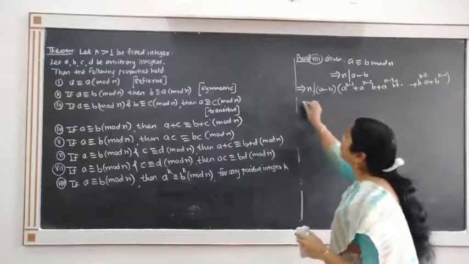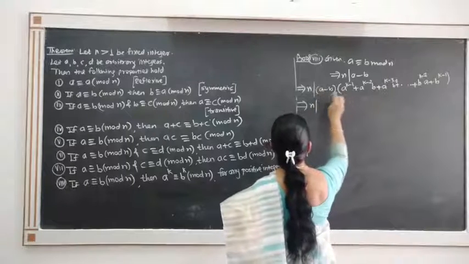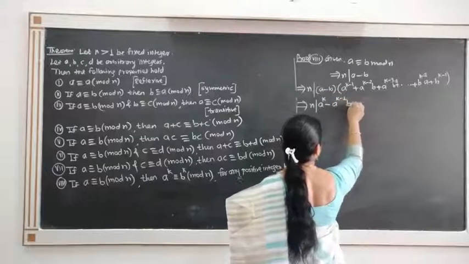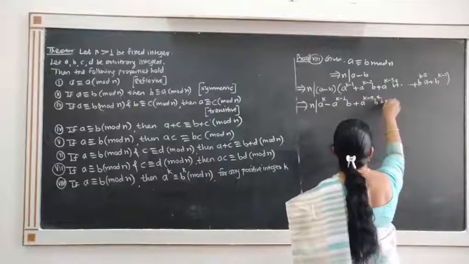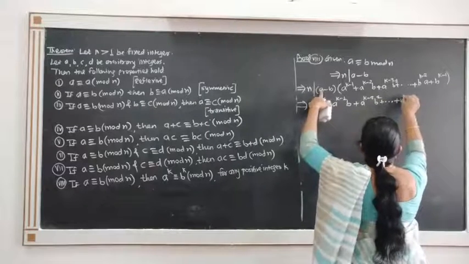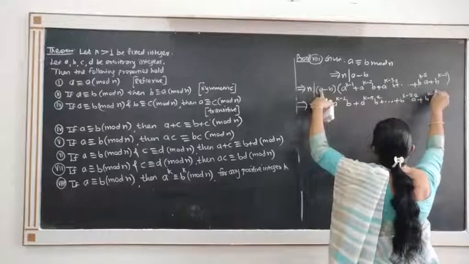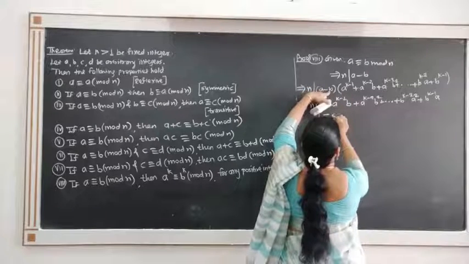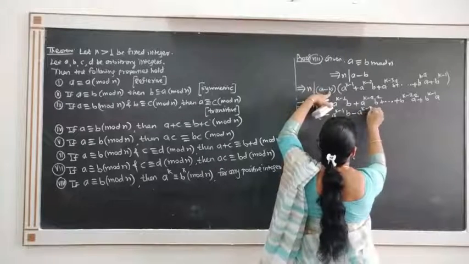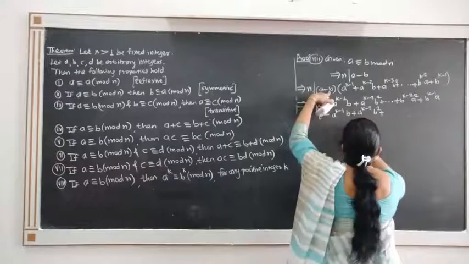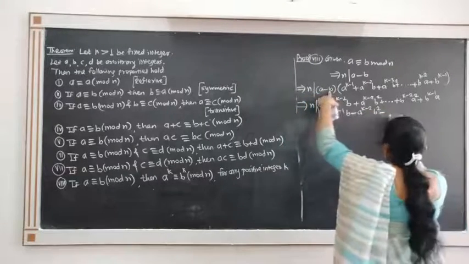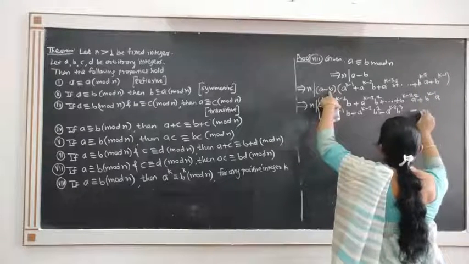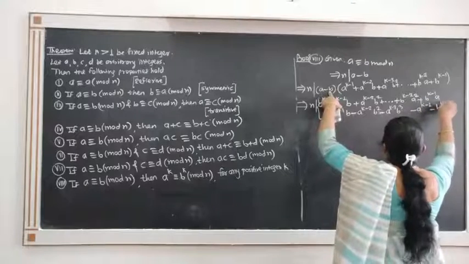So it obviously divides. Now if you do the product, this implies that N divides A into A raised to K minus 1, that is A raised to K, minus A into A raised to K minus 2 into B, that is A raised to K minus 1 into B, A raised to K minus 2 into B square, plus etc. plus B raised to K minus 2 into A square plus B raised to K minus 1 into A, minus, multiply by B: A raised to K minus 1 into B, A raised to K minus 2 into B square, minus A raised to K minus 3 into B cube and so on, minus, if you multiply, it is B raised to K minus 1 minus B raised to K.